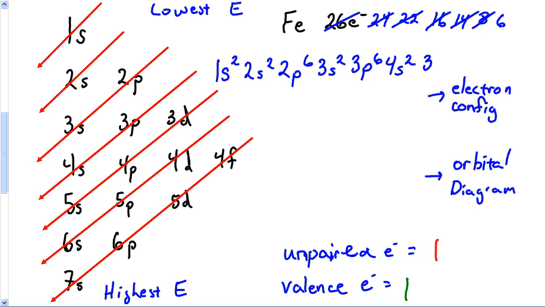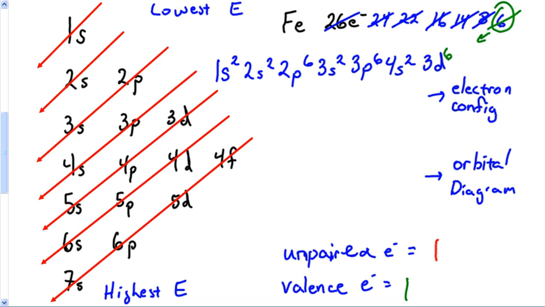So here is 3d. Now a d can hold a maximum of, there's 5 orientations of d's, so it can hold 2 each. That's 10. But we've only got 6. Well, that's okay. It'll take all 6. So we'll stick them in there. And we are done with this configuration. And I'm looking at it, and hey, lo and behold, this actually matches my periodic table in front of me